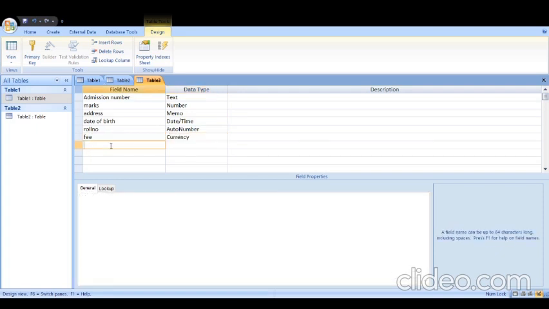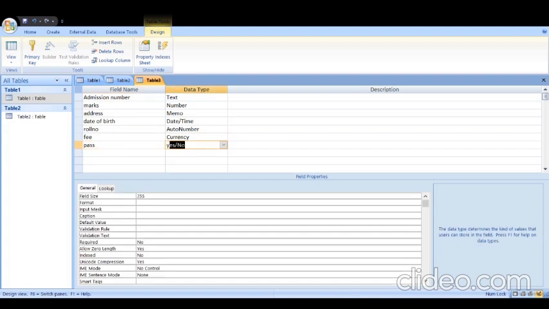The next data type which we have is yes/no, boolean, logical. I have written pass or fail. So I have taken the data type yes/no. If the student passed, yes. If I feel that the student has not passed, I will use no. It is like a toggle, meaning the answer is either yes or no, no other answer. Still we have more data types. First you need to understand these data types, then I will expand on it more, because you still have 3-4 more data types which you need to understand.